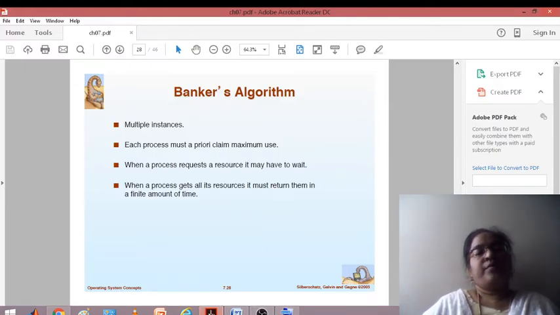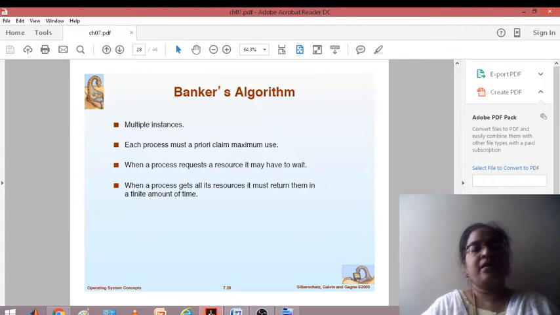So in the previous video we have seen how to recognize the deadlock by making use of a graph. In the graph, if there is a cycle, that means a deadlock may exist. But that is a solution only for a single instance of a resource. If you are going to have multiple instances of a resource, that doesn't guarantee how you can find out whether the deadlock exists or not.